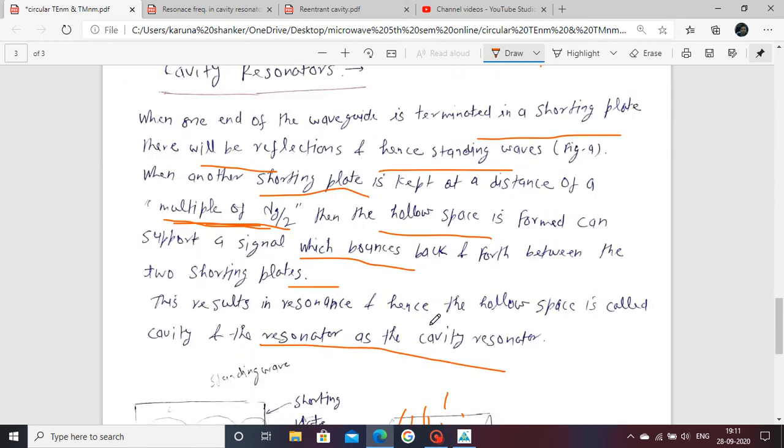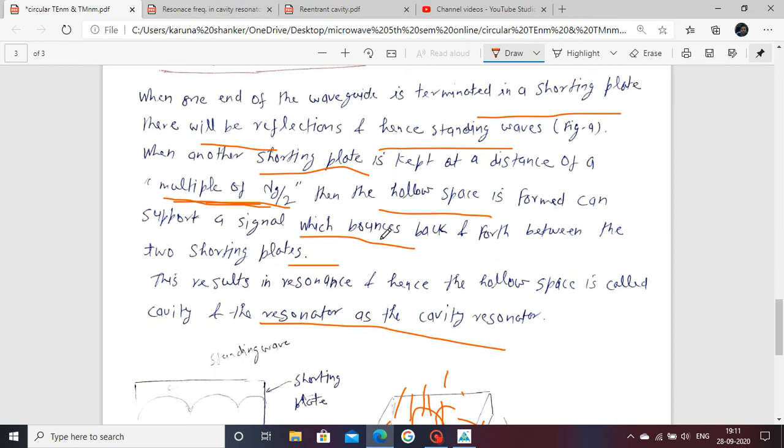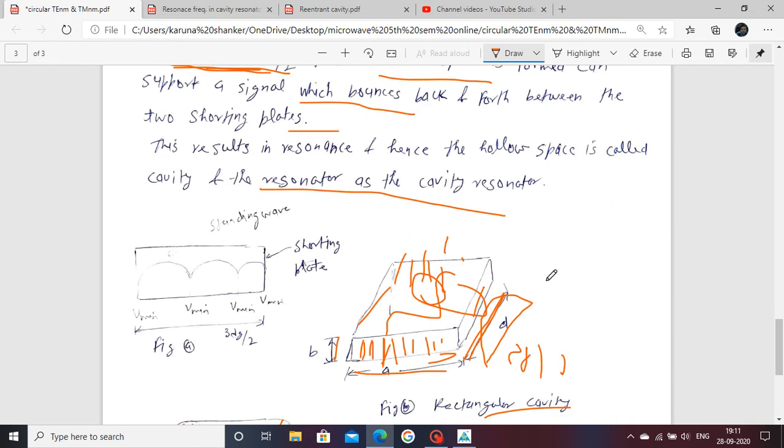Now move to the next one, which is the supported modes. The cavity resonator supports the transverse electric mode and the transverse magnetic mode. Here the dimensions are included: this is your width a, this is your b as height, and this length is d. The suffixes used here, m, n and p, are integers. Also m, n and p for the transverse magnetic mode, with m and n defined in a similar fashion.